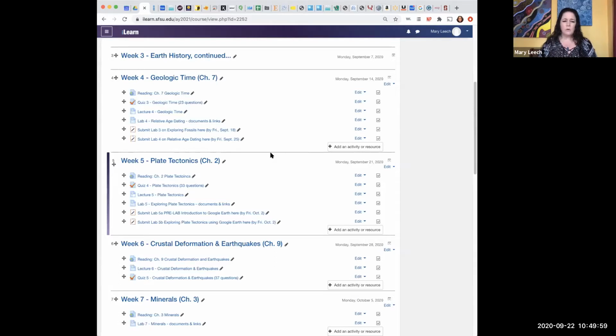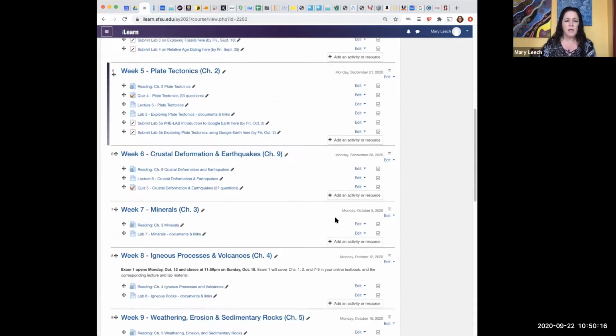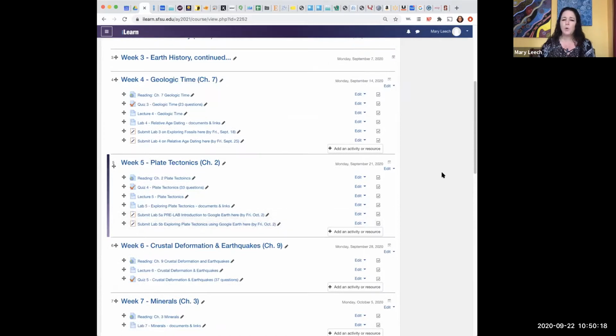So those were really important parts of that lab. If you haven't, let's see, the fossils lab. So I think that the geologic time lab only required that you understand the different